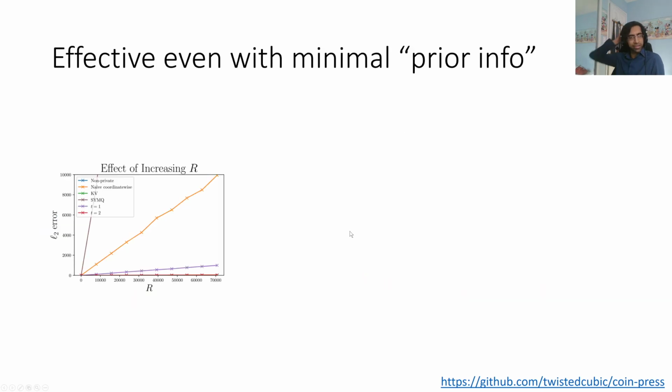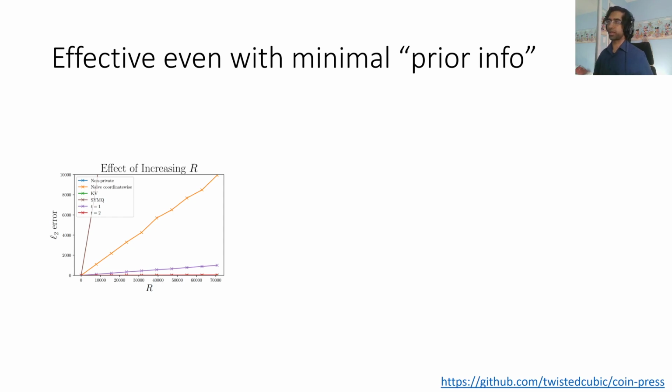As one last investigation that I'll highlight here in this talk, let me mention that we need even very minimal prior information. A lot of people ask me, how do I set the value of t? How many iterations? How do I know this has converged? The punchline of our experimental results for mean estimation is that it doesn't really matter. You don't need to know anything. Just set t, the number of iterations, rather high, and it still works very effectively.